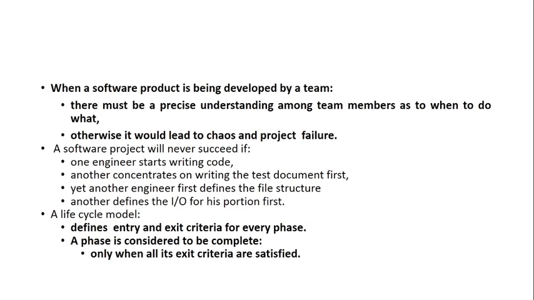So what is the exit criteria of the phase? When do we say a phase is completed? When the relevant document of that phase is released. Say if I get the feasibility report, that means feasibility is completed. And this feasibility report will act as an entry criteria for the next phase, that is requirements. So exit criteria is when the report is generated. Entry criteria is when the previous report acts as an input to the next phase. So here we have entry and exit criteria and it is strictly followed.